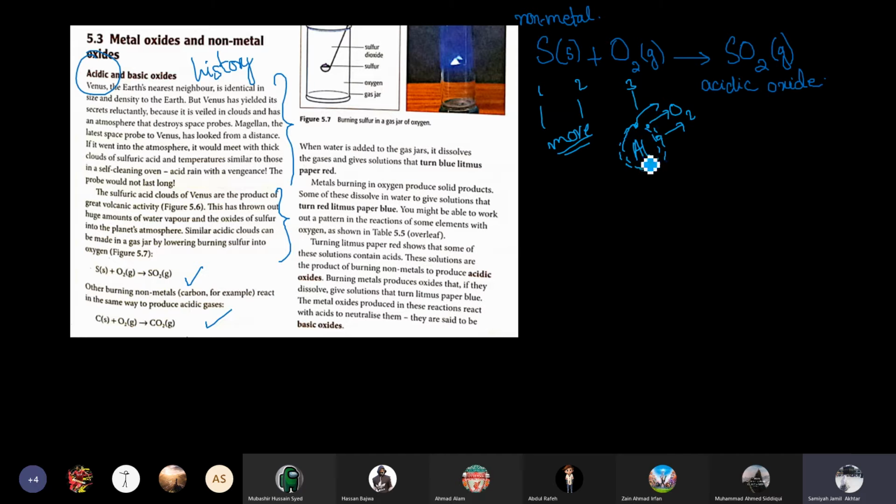That's why we put sodium and potassium in oil, mostly kerosene oil, so that they will not react with oxygen, because they're very reactive. They can even burn if we expose a large amount of them to oxygen, and in water also it's a very explosive reaction.